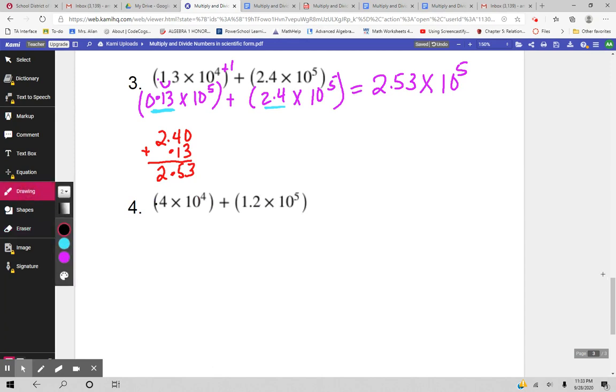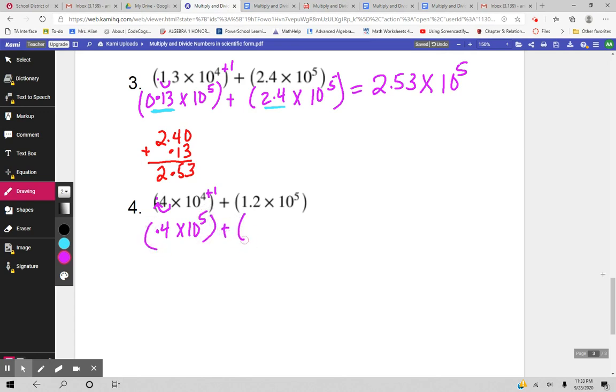Okay, so let's get matching powers. So we have 5 here. We need this to be 5, so we'll add 1 here. So I just made this number here bigger by a power of 1. That means I have to move the decimal from here and put it here. It's going to be 0.4 times 10 to the 5th power